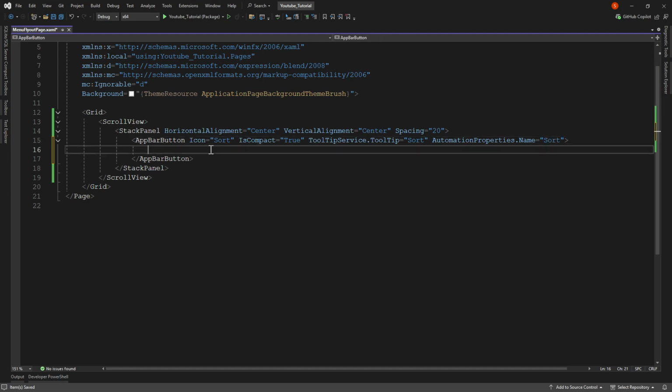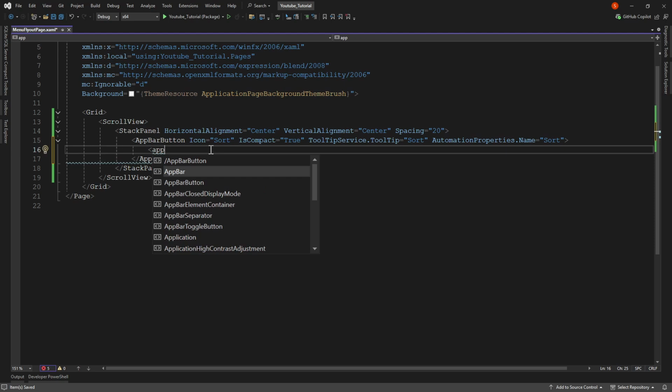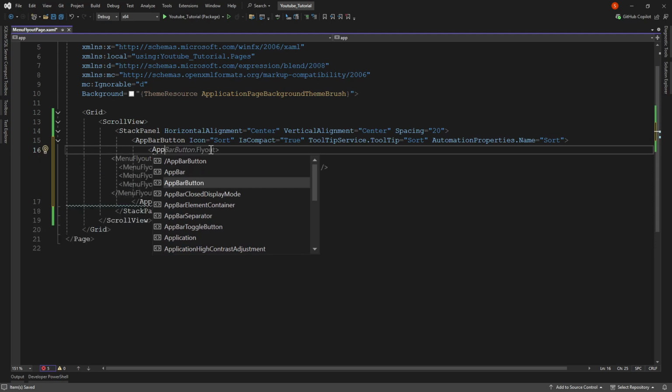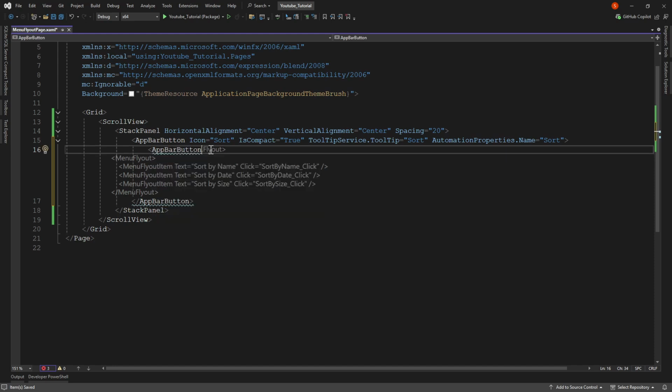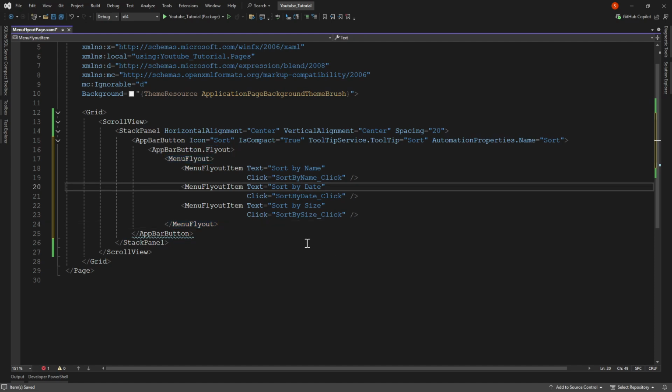Now let's create the flyout of the app bar button, like the drop down button. App bar button dot flyout. You see? Wow, it displays all. Tab. Yes. It's good.